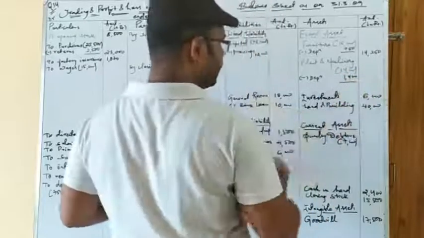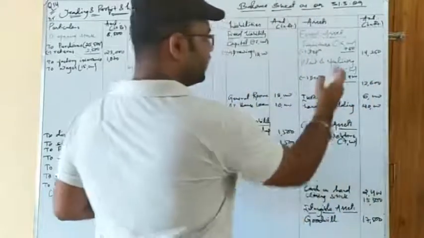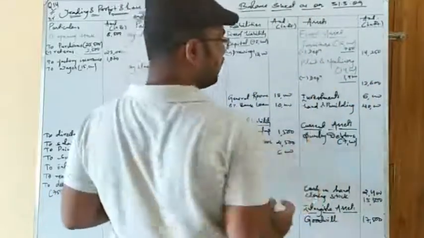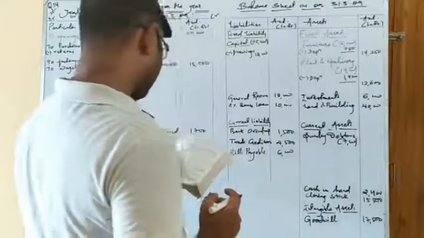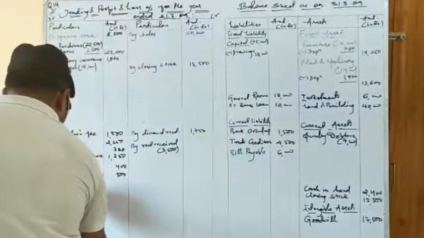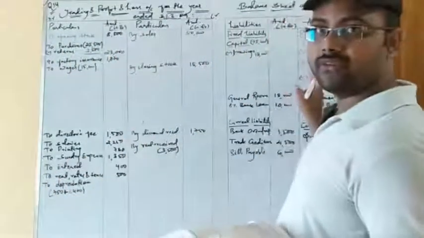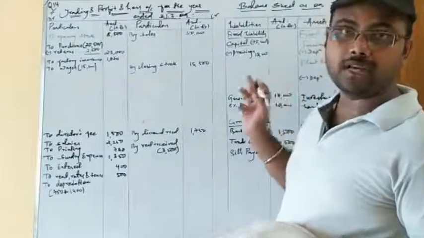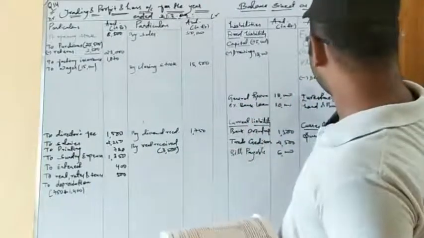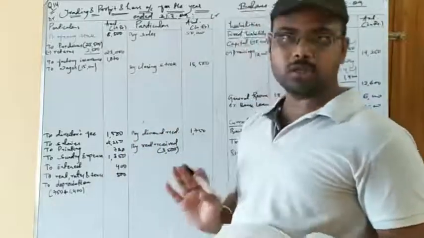So the value that you get is 12,600. You can check it again, whether the value is correct or not. Then you put the value of depreciation again here, 1,400. See, I have written here, the first treatment is deducted from the fixed asset. As you know, I have sent a video regarding the treatment of adjustment. Depreciation is deducted from the concerned assets and, being an indirect expense, taken to the debit side of profit and